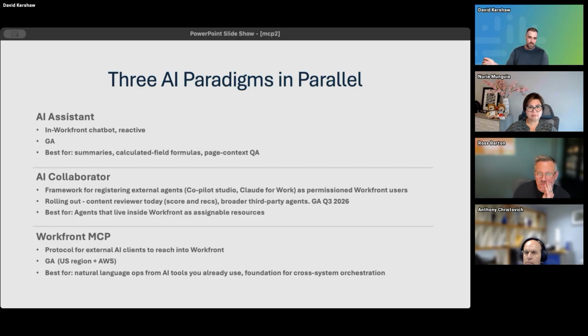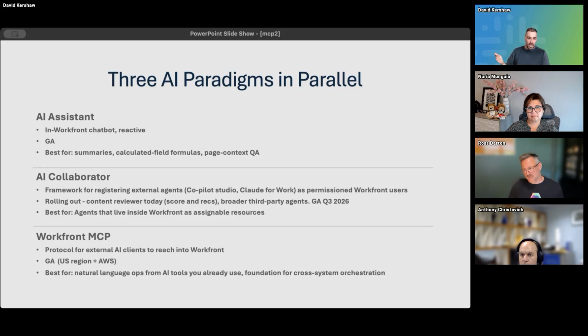It's great at calculated fields, better than models like ChatGPT and Claude, because Workfront doesn't hallucinate. It doesn't make things up. I find a lot of the baseline models make things up. So it's a great assistant for your average person asking average questions about Workfront, not meant to be a large infrastructure-scale thing, just an assistant.